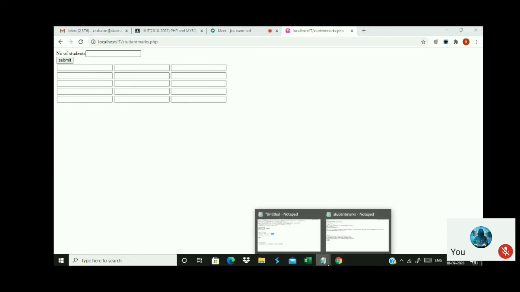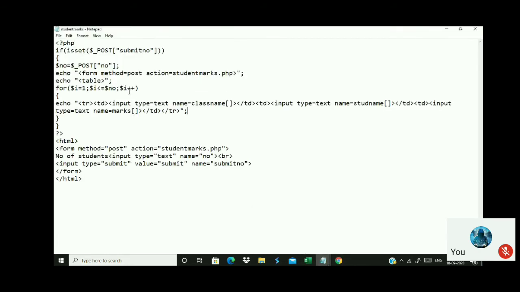To give clarity, see here, I just have TR here. What is the first column? In the first column, you have to type class name. TH is called a table header. Class name. Second one, you have to give student name.